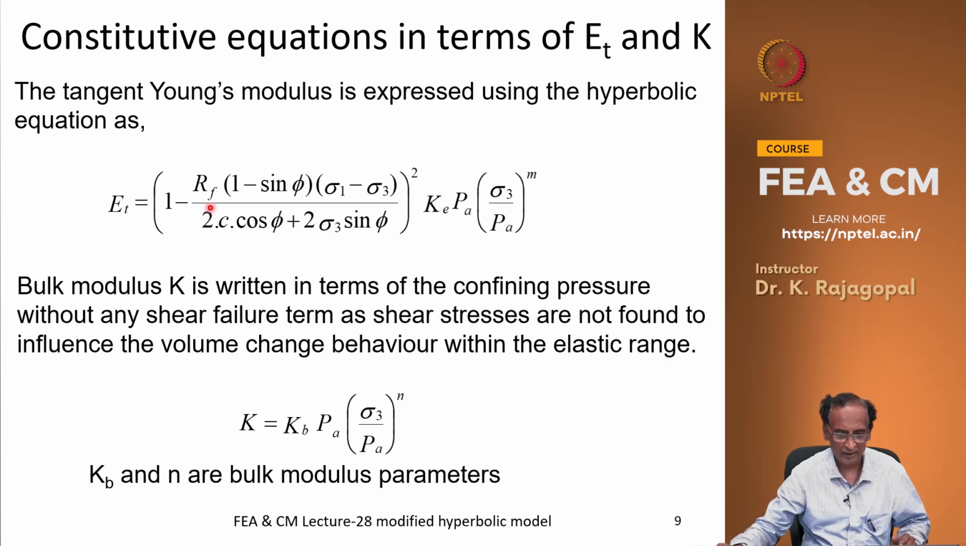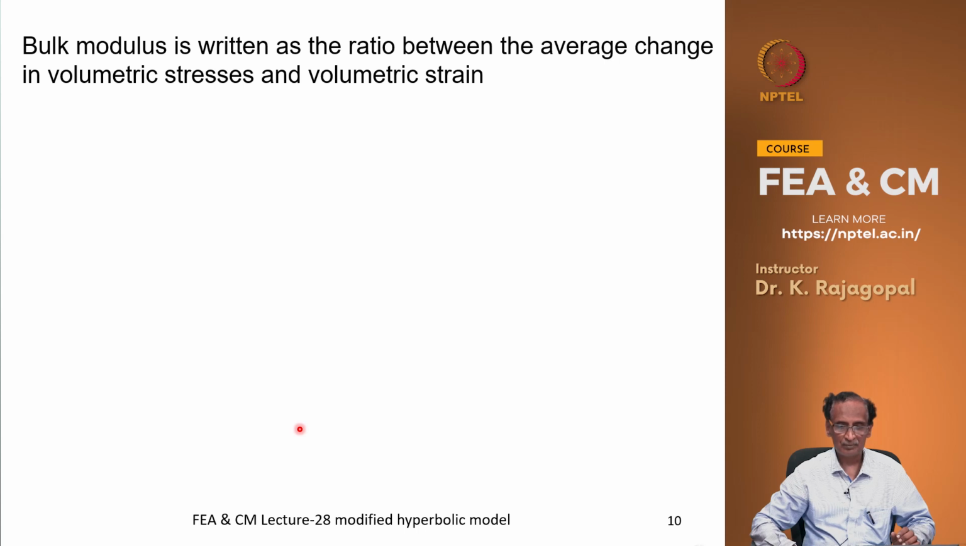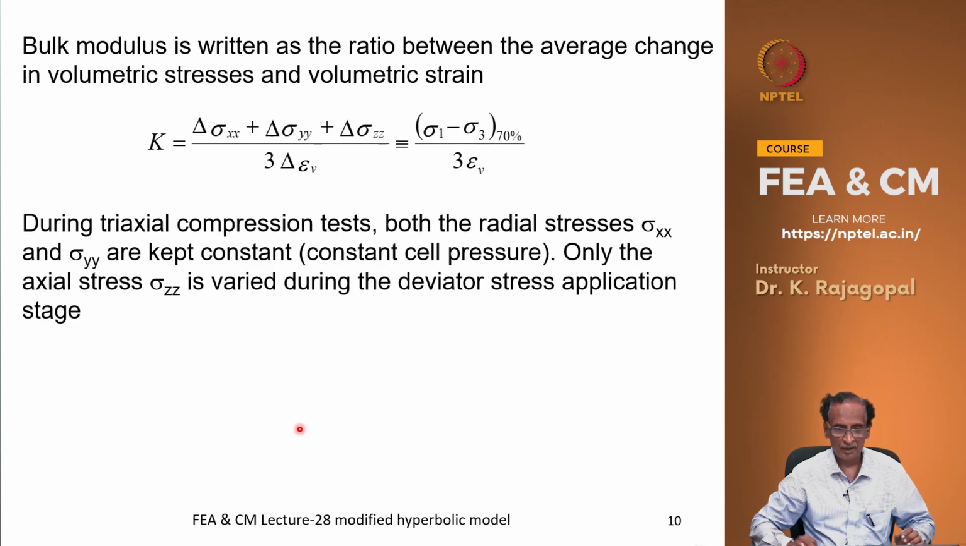In this equation we have a number of parameters: C and phi are the strength parameters; RF, Ke and M are related to the Young's modulus parameters; and Kb and N are our bulk modulus parameters. Our bulk modulus K can be represented as the change in the average bulk stresses divided by volumetric strain,